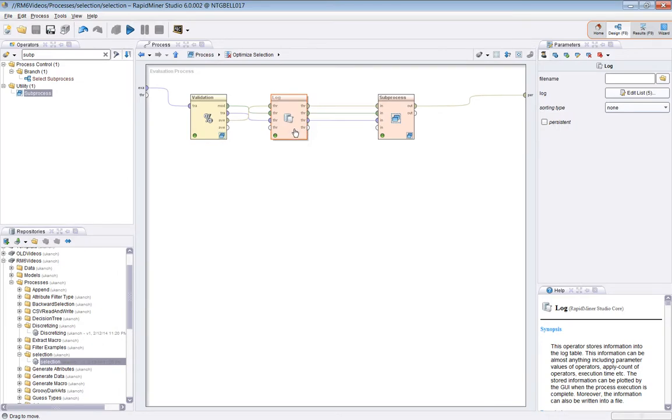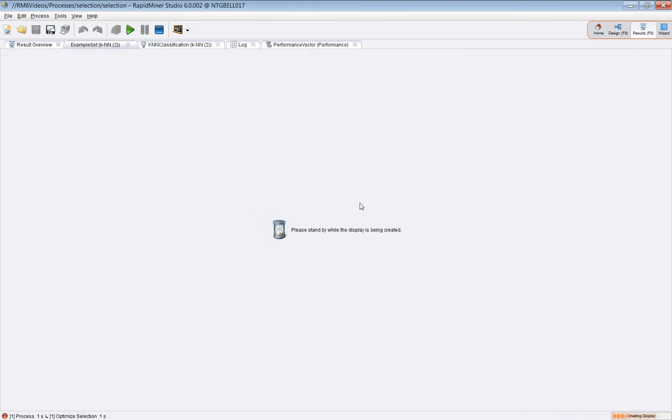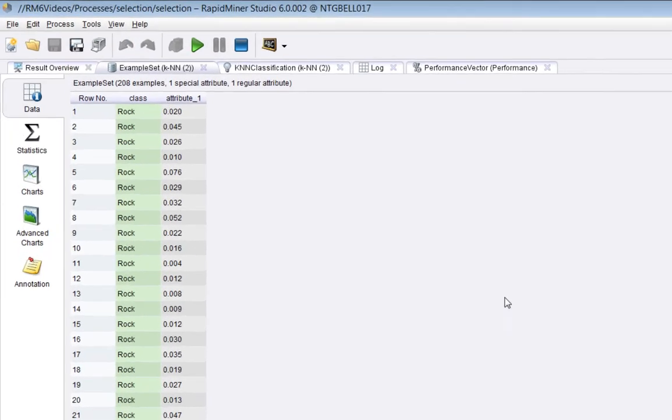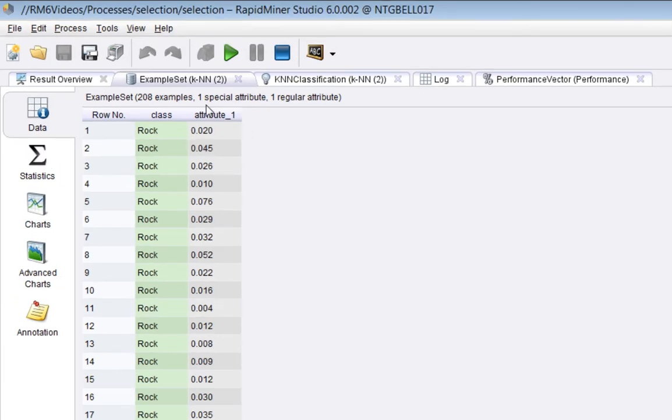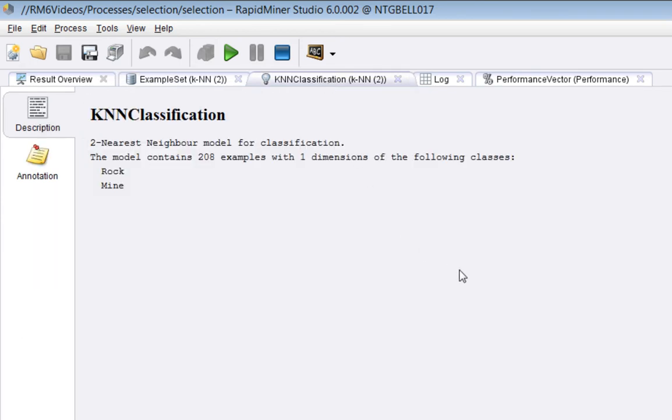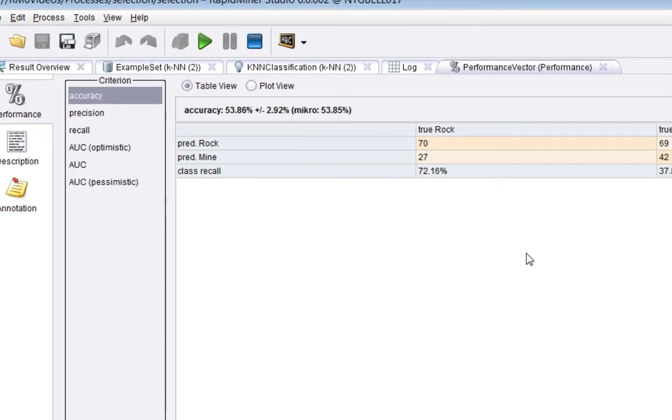What I'll do is break on the log operator and run the process once, and we'll break now the first time inside the optimized selection operator. What you're seeing here is the first time in, attribute 1 has been selected. There were 60 attributes in the sonar data set, and the label's been selected, and there are 208 examples. So far so good. A model has been built, and when it's applied to the training data we get this performance,